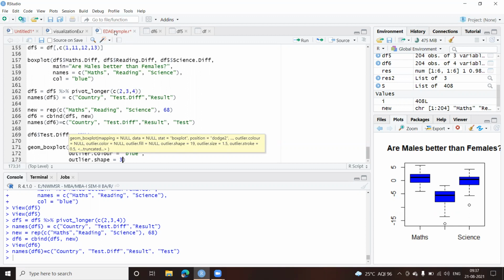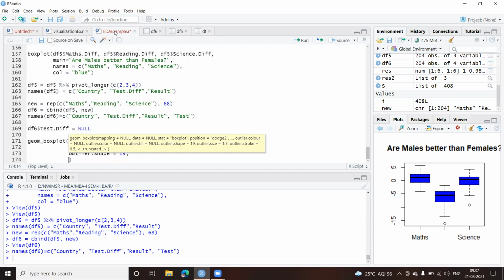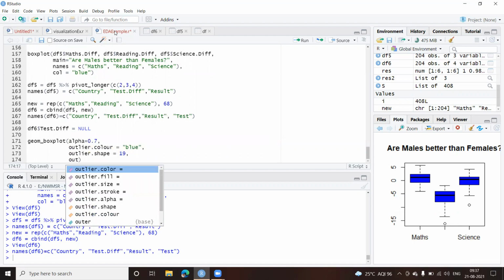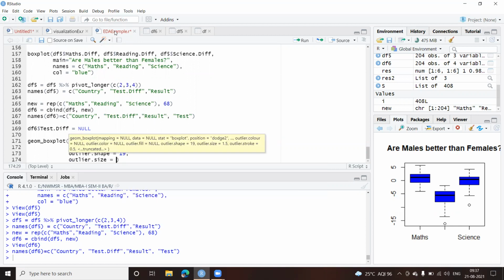Sorry, I think it was 16 or 19. So I'll get a solid circle with some filled color. And the size also we need to mention, so I'll give 2, I think 2 is enough.